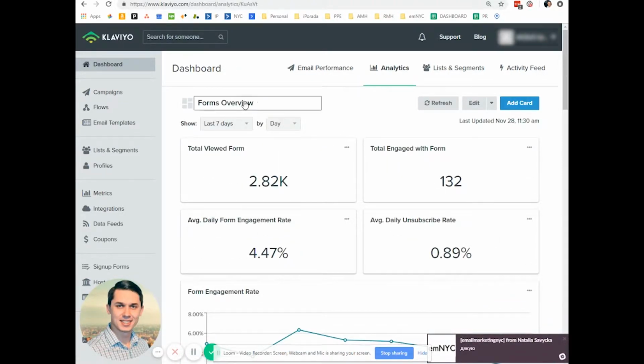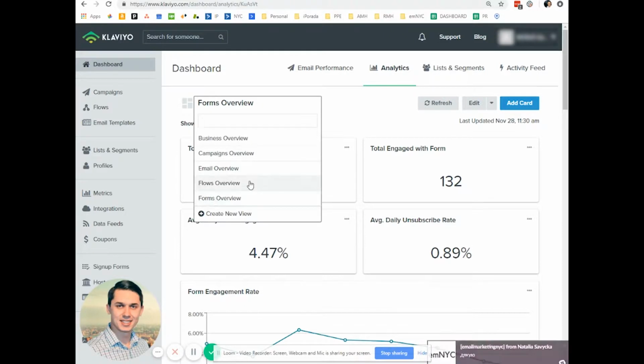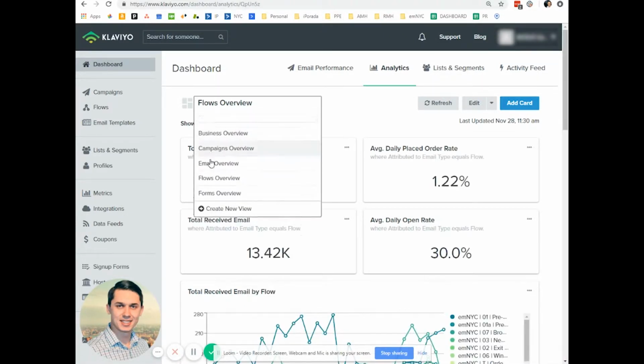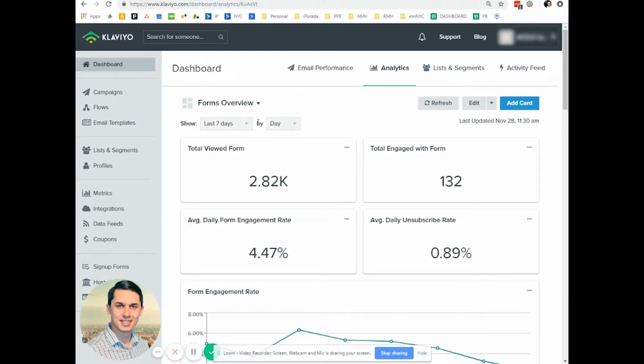and here you have one of the options, like forms or review. And now you can see, let's say, this month, how many people viewed your form. So in general, the form showed up for this many people, and how many people engaged,